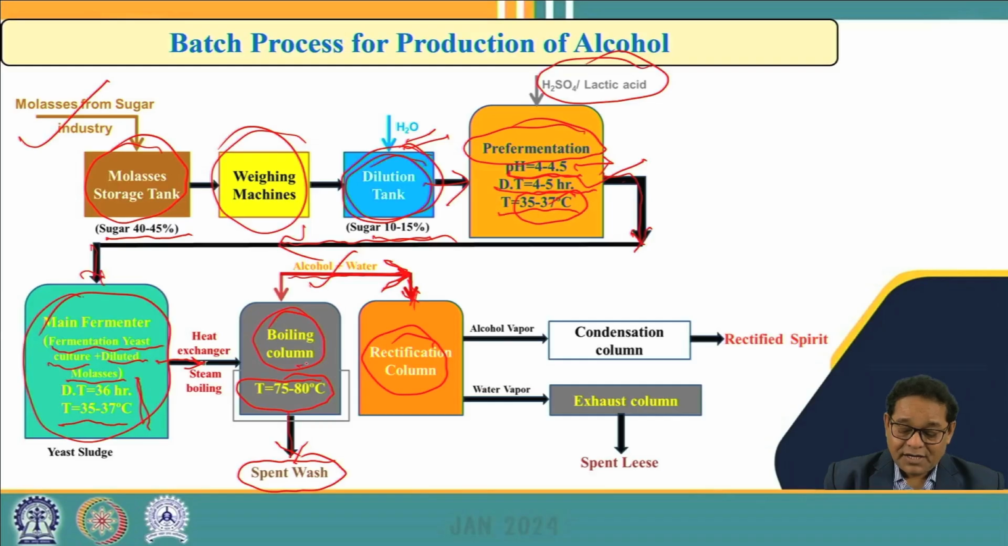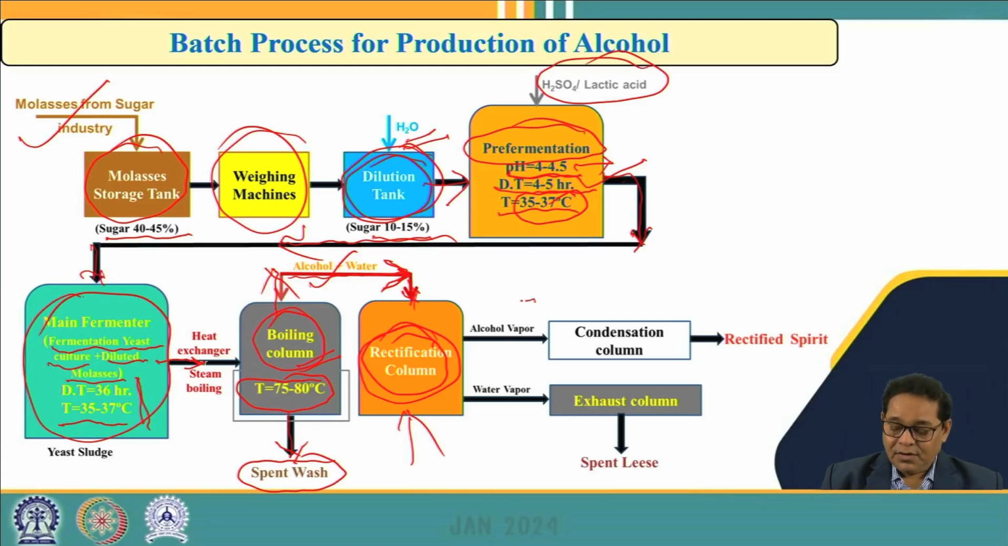What happens in the boiling column? Because both alcohol vapor and water vapors are there, they need to be separated. Basically we use a density separation technique, where the water vapor has higher density, so it will remain at the bottom, whereas the alcohol vapor, having lower density compared to the water vapor, goes from the top and comes out here in the rectification column. And here further heating is done to remove the rest of the water vapor from this alcohol,